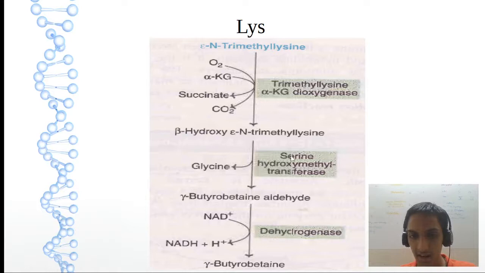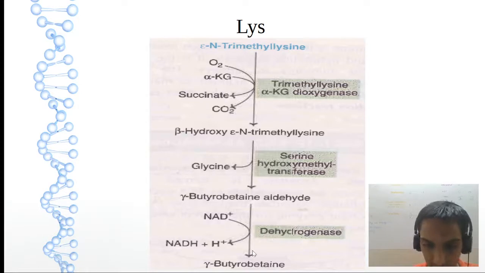Then on the enzyme serine hydroxymethyl transferase, have we come across this important enzyme? Yes, glycine to serine by hydroxymethyl transferase. So glycine should be released. We'll get gamma butyrobetaine aldehyde, okay, semi-aldehyde. Then on dehydrogenase, NAD plus to NADH2, we will get gamma butyrobetaine. So remember, for this step, the aldehyde is removed. When we put dehydrogenase here, just remove the word aldehyde, and you will get gamma butyrobetaine.